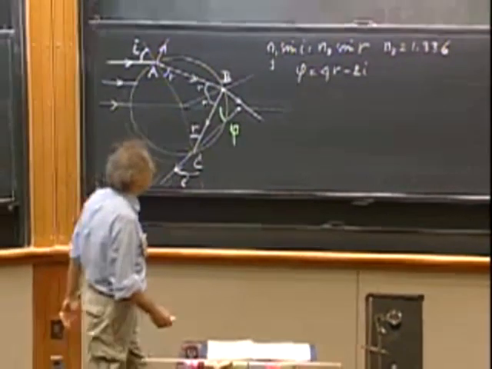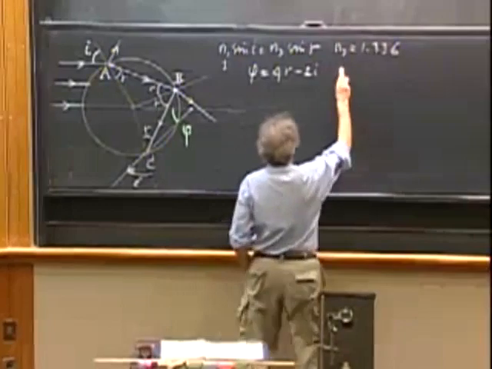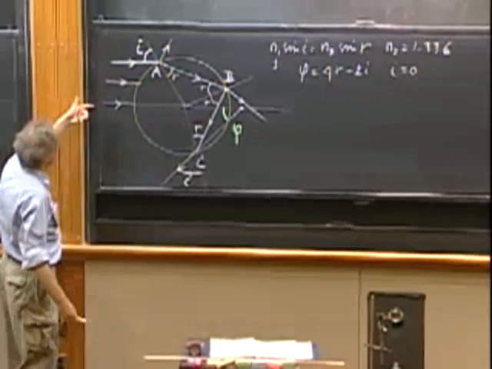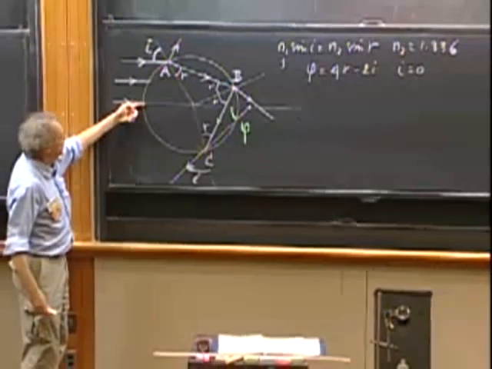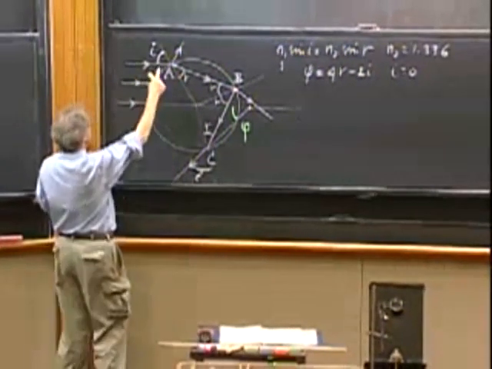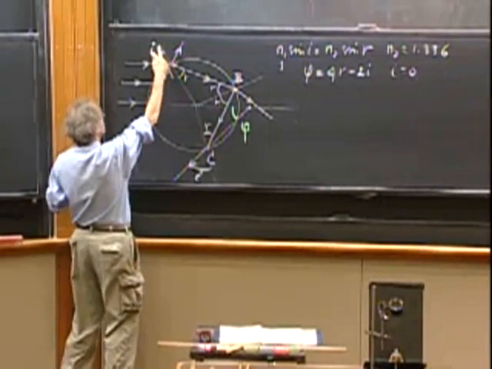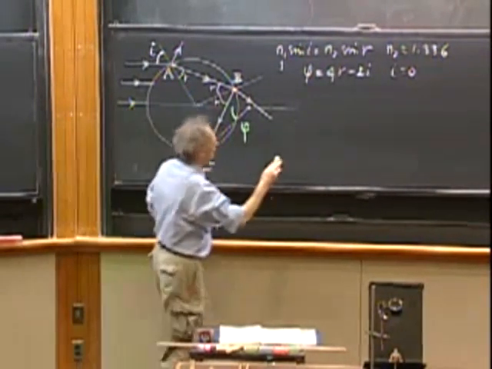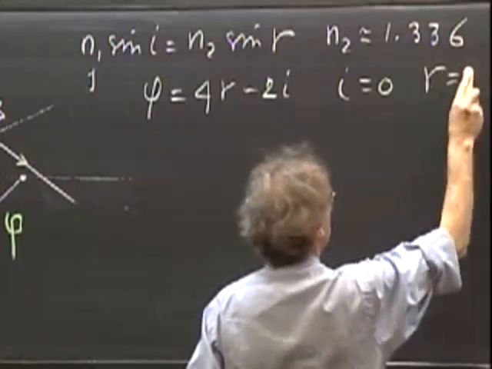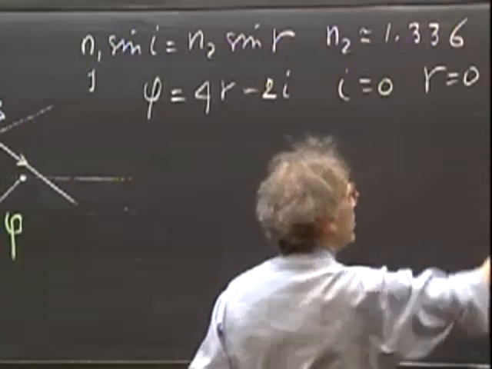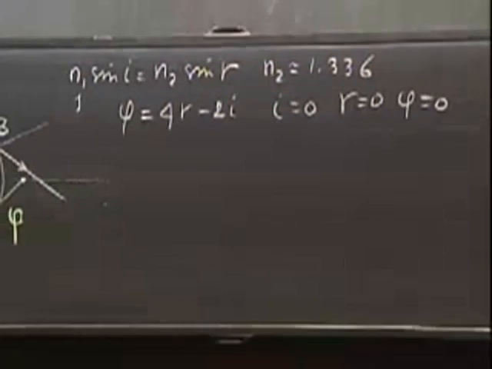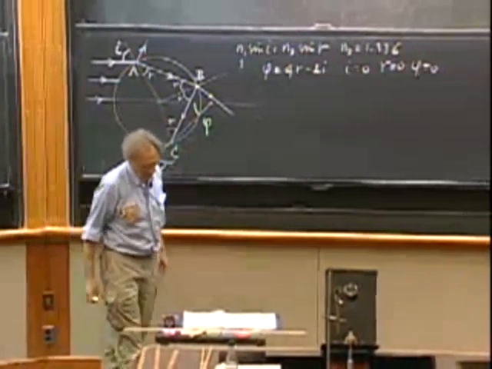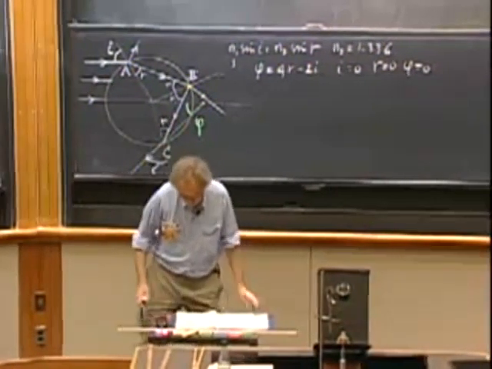So what is interesting now, if you take I is 0 degrees, which is this light that strikes the rainbow head on, so to speak, then I is 0, right? Because I is the angle between the incident radiation and the normal to the surface, so that is 0. Then R is also 0, the angle of refraction, and consequently phi is 0. In fact, what the light is doing penetrates the raindrop and it comes straight back. So this angle phi is then 0.